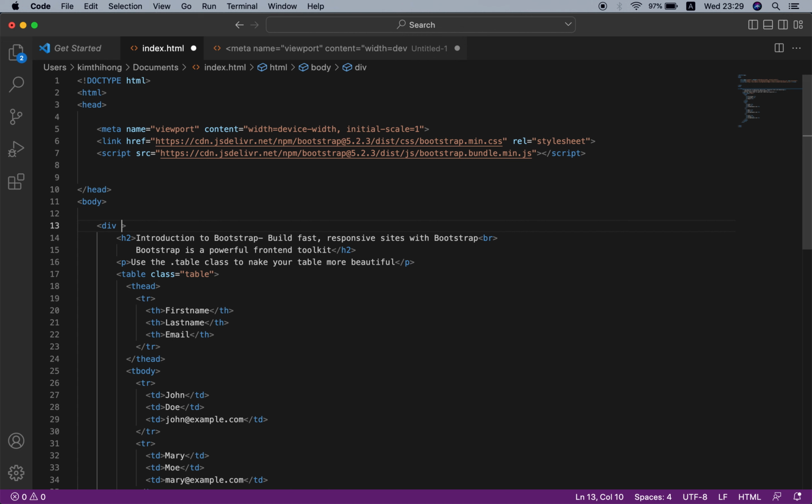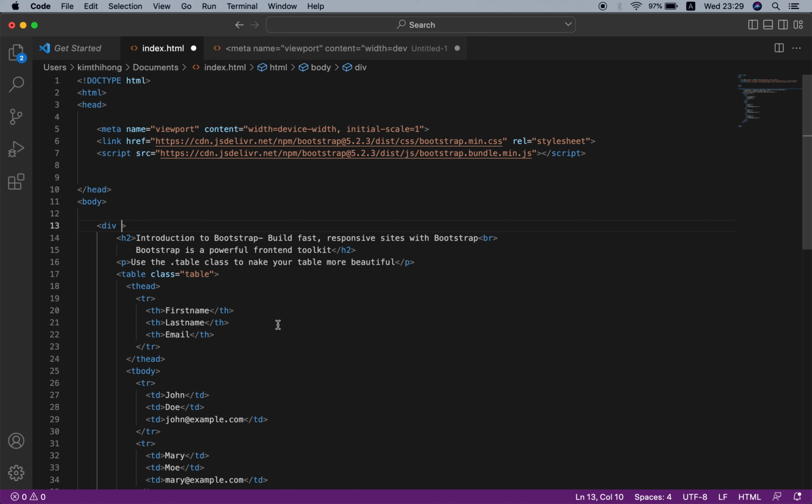And everything in Bootstrap should be placed inside a container. That is, a container contains everything you should use in Bootstrap.